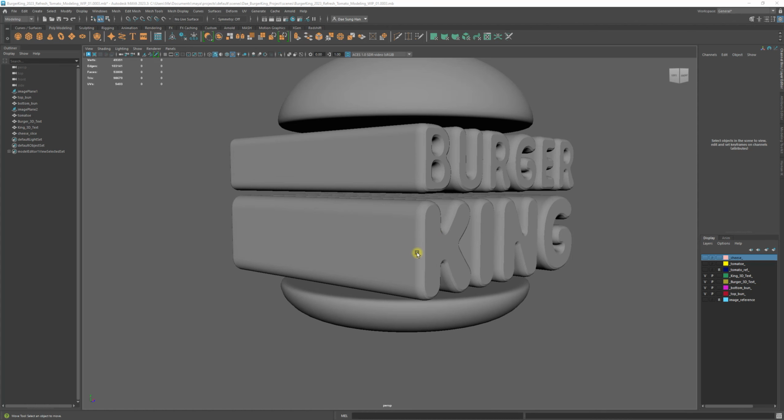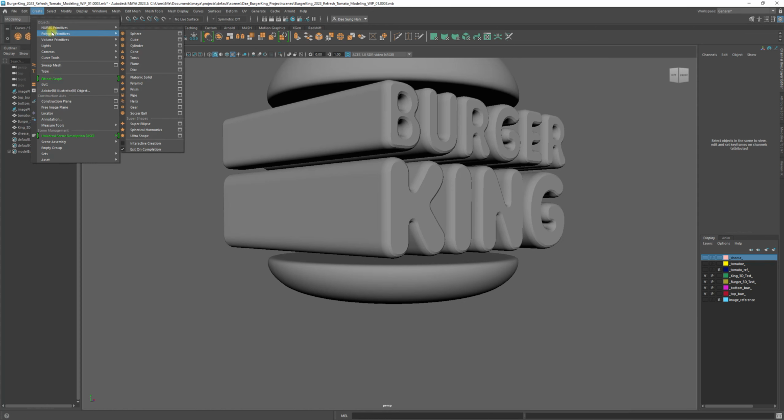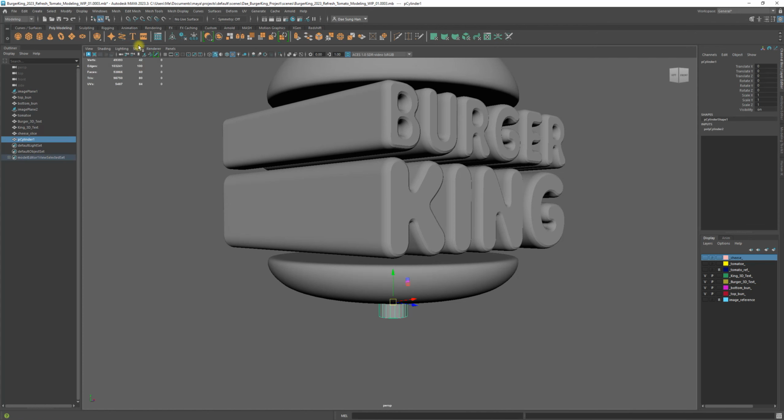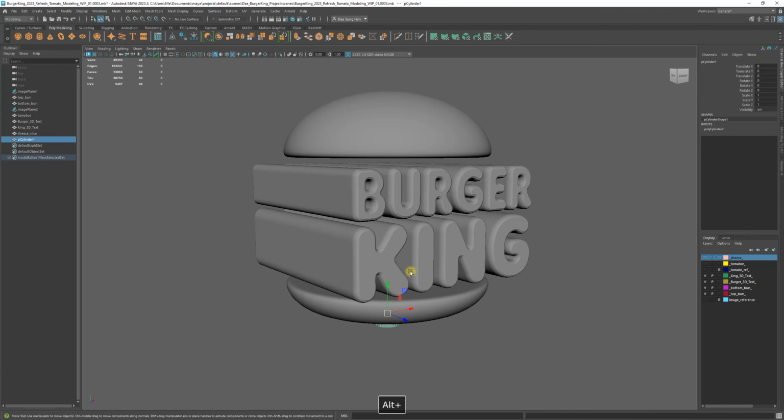From here, let's build the beef patty. And what we're gonna do again, create polygon primitives, cylinder. Polygon primitive cylinder. And then from here, what we're gonna do,